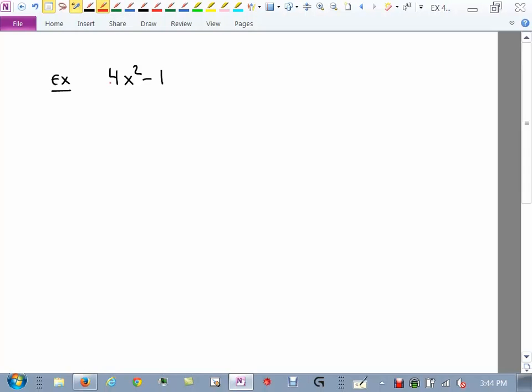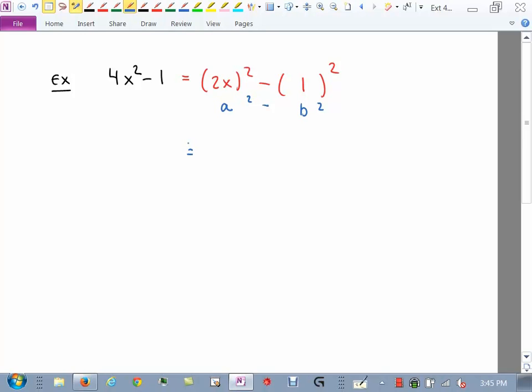So to do difference of squares, what you need to be able to do is rewrite your problem as 2 things being squared. That's the first thing you have to do. So I can rewrite 4x squared as (2x) squared in parentheses. If I take 2x and I square it, I would get 4x squared. And then over here, what would I need to square in order to get 1? 1. And then following the formula, this is like an a squared minus b squared. And the formula says this will turn into what?